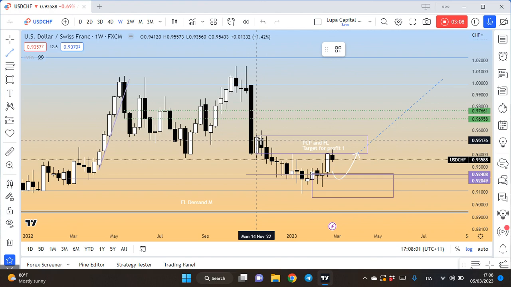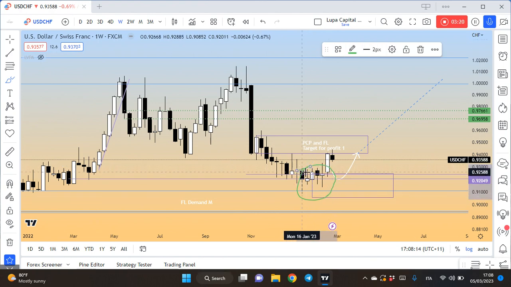As you can see, I've already marked up the PCP NFL target for profit one, which we've hit, and our price is going to deviate back to a pivot point based upon the criteria of strong price action here. So this is all strong price action right here, and price can revert back to the exact markup on the weekly and daily using a confirmed rejection